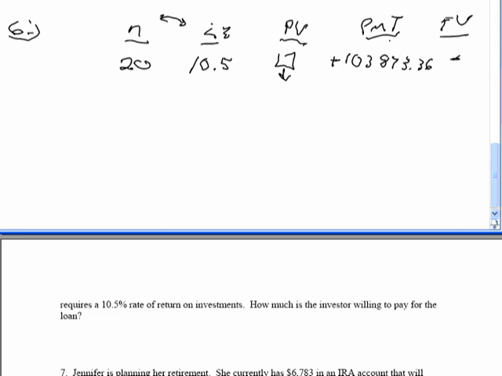Okay, so Sam in this mortgage problem looks at the $103,873.36 as a mortgage payment, money going out of his pocket. But the person or the entity receiving those payments views this as an investment, like an annuity, that they're receiving a constant payment of $103,873.36 for 20 payments or 20 years in this case. So compute PV,